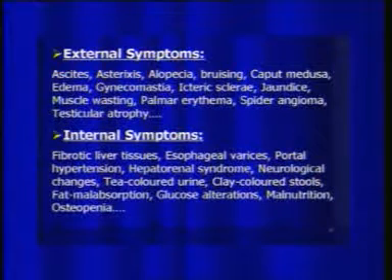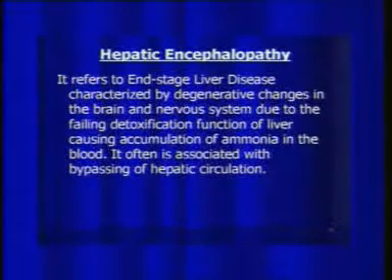So all these symptoms, if you put them together, are basically neurological, associated with the GI tract and those associated with malnutrition. Now next comes what is hepatic encephalopathy. If cirrhosis is not treated properly, it can progress to hepatic coma or hepatic encephalopathy. Encephalopathy literally means dysfunction of the brain or nervous system. When there is dysfunction of the brain or nervous system because of a hepatic or a liver disorder, we call